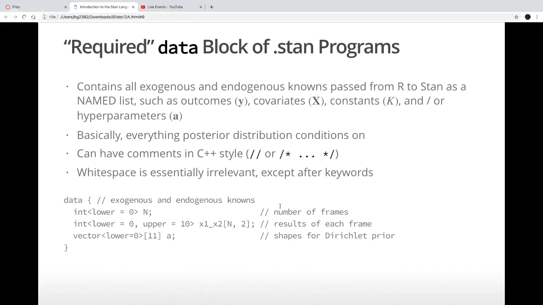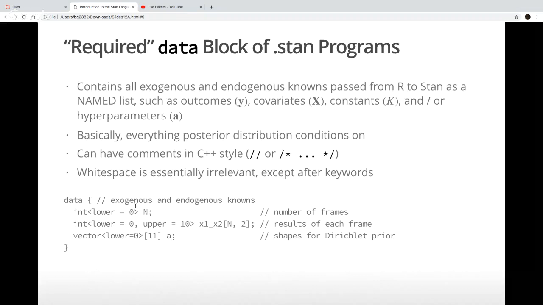Finally, I have a vector with a lower bound of 0 of size 11 with the shape parameters for my Dirichlet prior. All of these lower bounds are interpreted as weak lower bounds. So 0 and 10 are obviously valid values for the bowling data.